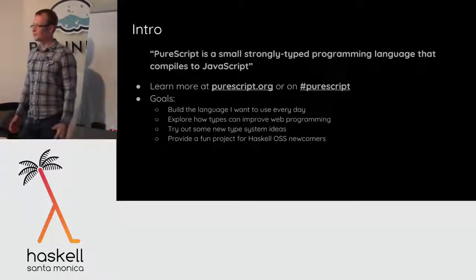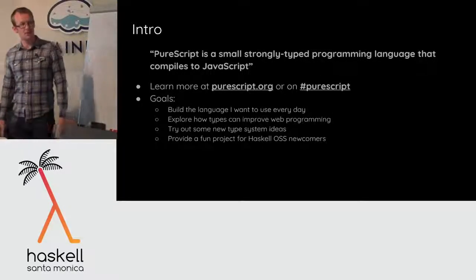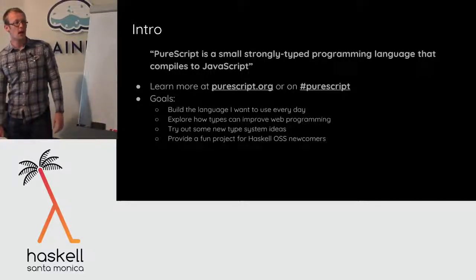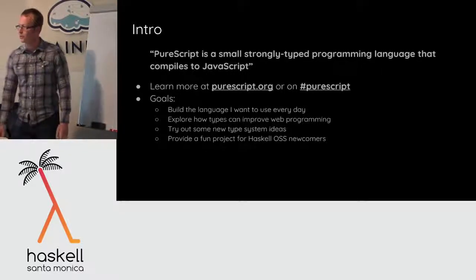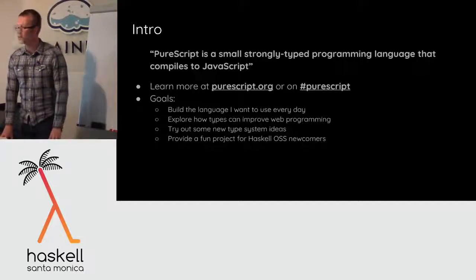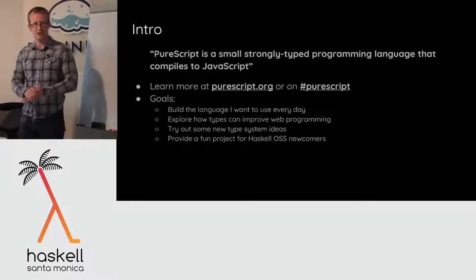So I wanted a similar sort of thing for PureScript, where if you knew how to build a Haskell project, you could just try something out and make progress with ideas really quickly. And as well, just have a fun project for people who are new to open source Haskell. So if you're interested in joining the PureScript community, there are a lot of small, interesting tasks that can